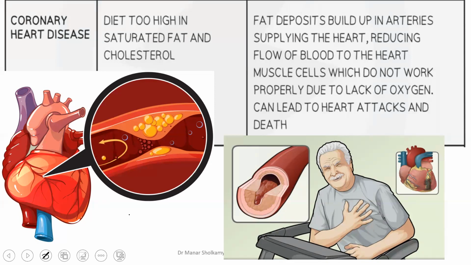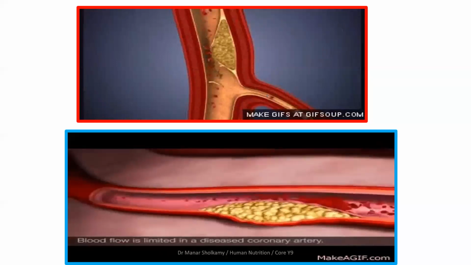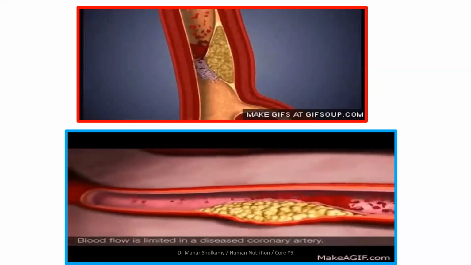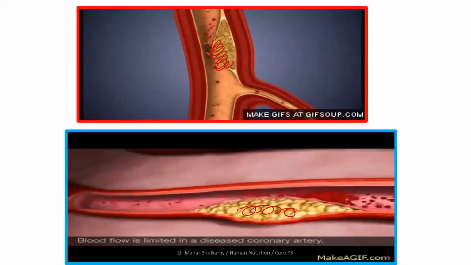Now, another example of malnutrition: eating the wrong type of food, eating too much fat. What will happen to your heart? What do you think? What's this picture? I want someone else to answer. Let me choose someone, please. Kadi, when you eat too much fat, what will happen to your heart? Tell me, what do you see here? It will form a clot. Yes. Kadi, what is this yellow thing here?